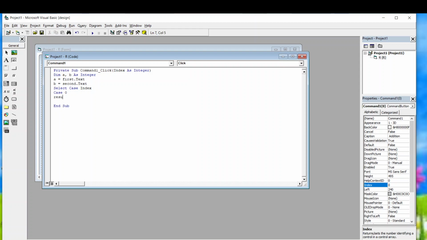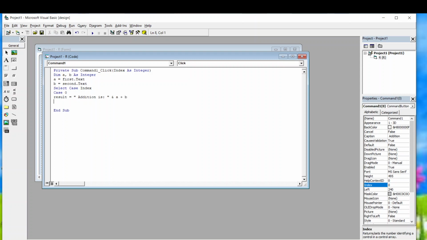So I'll print my result in my third text box, that is result. So we'll give a string, addition is, give a colon, space, close it and give the concatenation operator, that is an ampersand symbol, and perform a plus b.